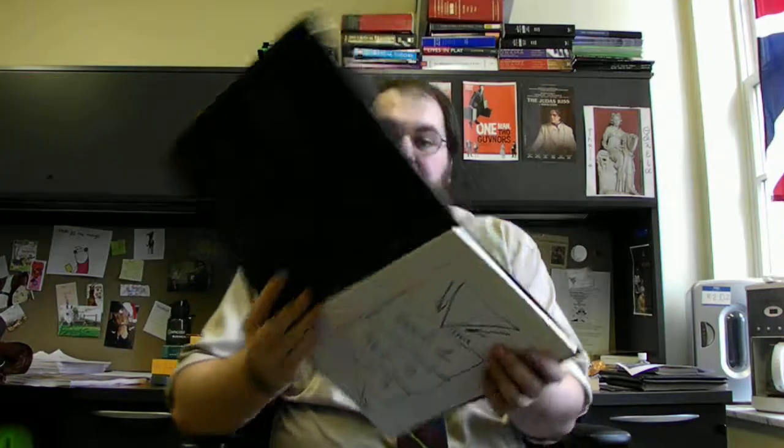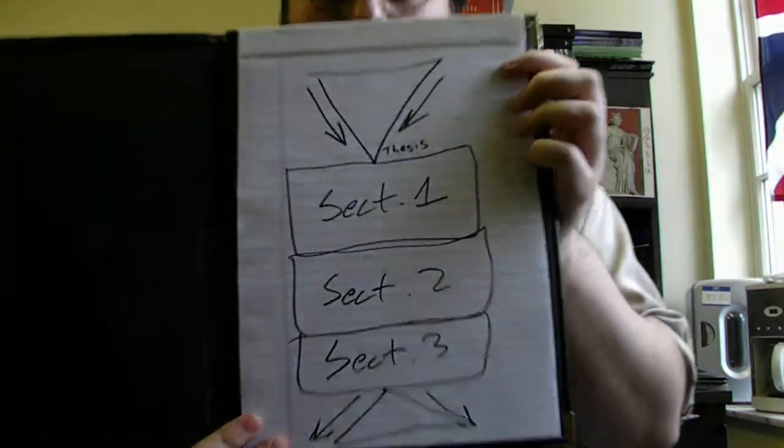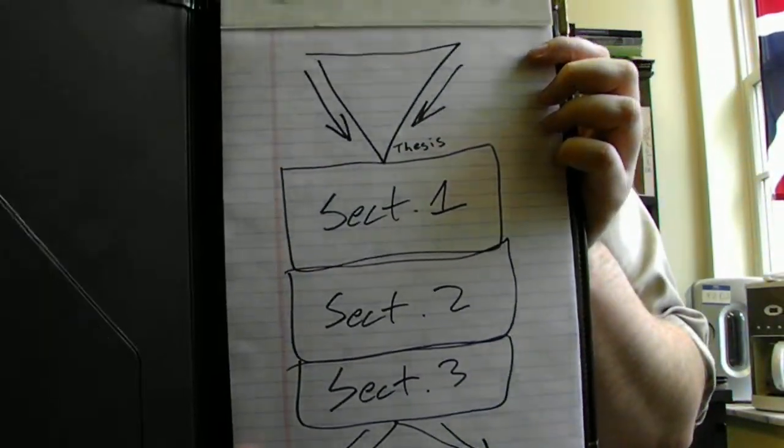So, structurally, there's nothing wrong with it. Officially, there's nothing wrong with it in terms of the way that the argument moves or is set up. The problem is it looks like a high school essay. So, this is one of those paper structures that's really easy to think of spatially. So here's what it looks like spatially.